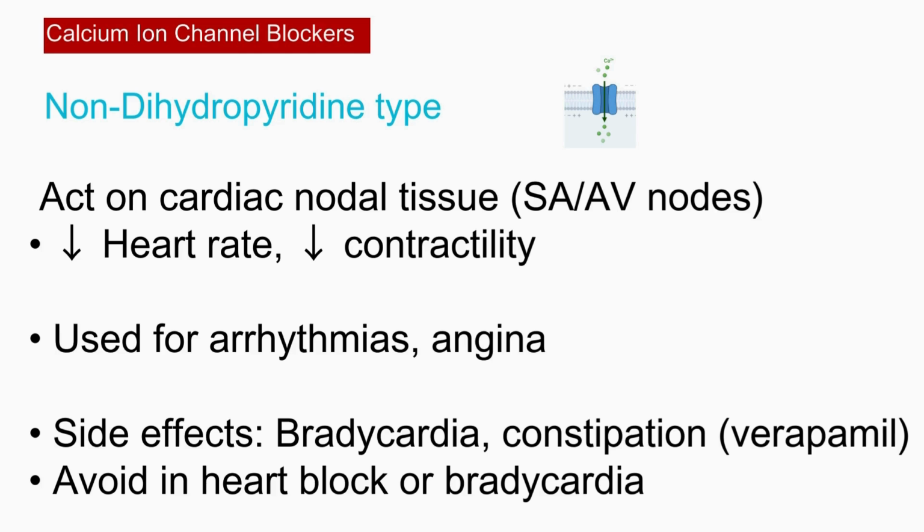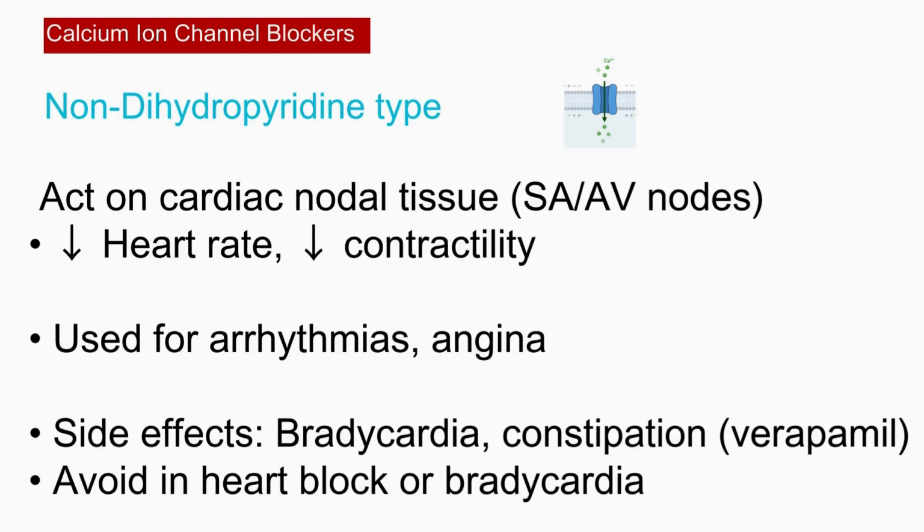Good distinction. Okay, switching gears to the non-dihydropyridines. Diltiazem, verapamil, we said they hit the heart's electrical system more. So main uses. Because they slow down the SA and AV nodes, they're primarily used for arrhythmias, irregular heartbeats, and also angina. They control the heart rate, help regulate rhythm. And the key side effects to watch for here. The big ones, definitely for exams, are bradycardia, slow heart rate, and constipation,